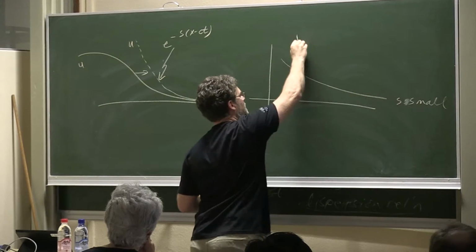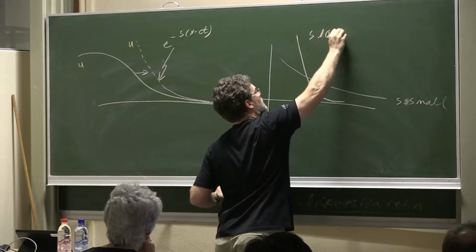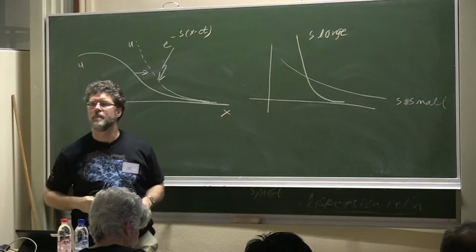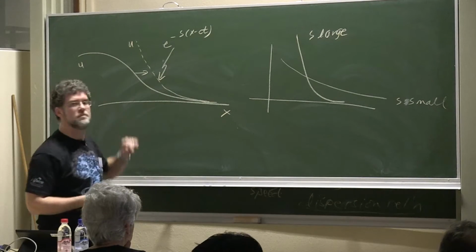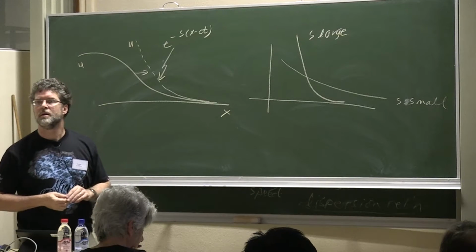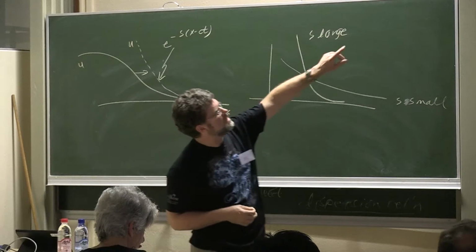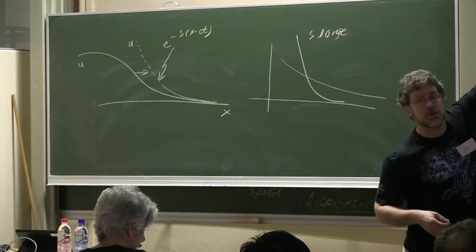And if s is large, you have a steep wave. And how quickly it drops off is actually given by the original f of u. Well, if we look at the linear equation here,